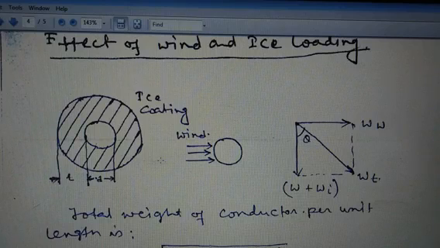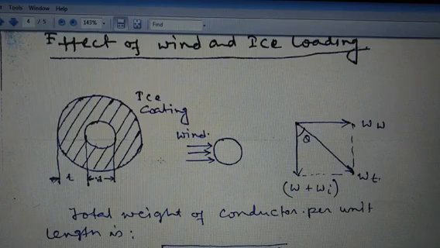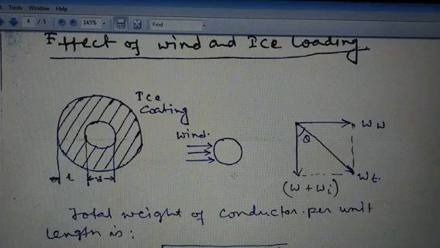The force due to the wind is considered to act horizontally, and wind always flows in the horizontal direction,